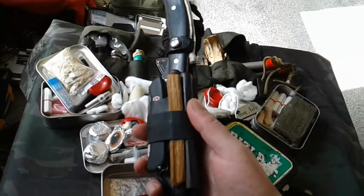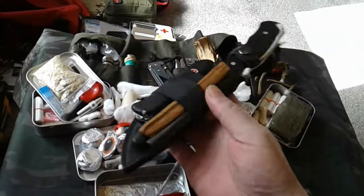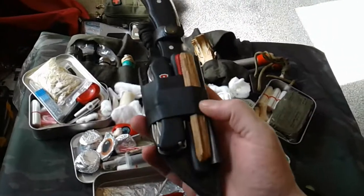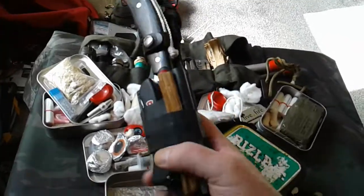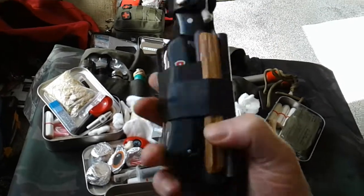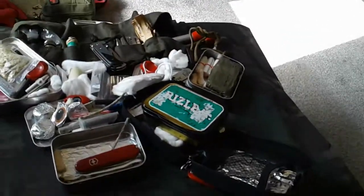But on fire, right? Fire is a massive thing. It's a bit more than just boiling your water and keeping your toes dry. If you think about it, it's nature's multi-tool, isn't it? The amount of things you can do with a bit of fire. So for me, I'm a big believer that any knife you use should have a ferrocerium rod on it, right? Minimum. And I stand by that law. This is a Schrade